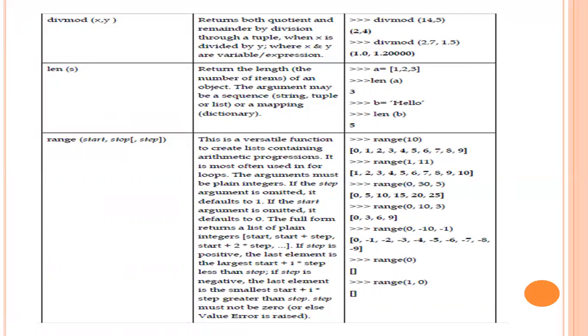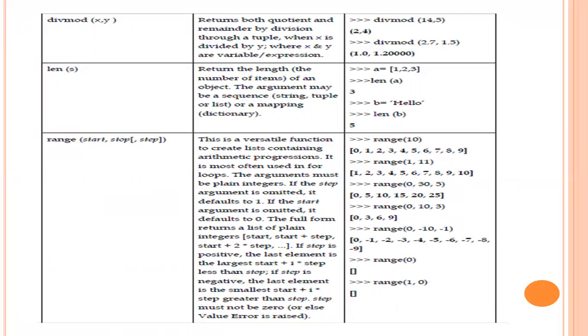Range function will have 3 parameters. First is start, second is stop, and third one is step value. For example, if you are writing range(10), by default it will start with 0 and end at 9, and the step value will be by default 1.